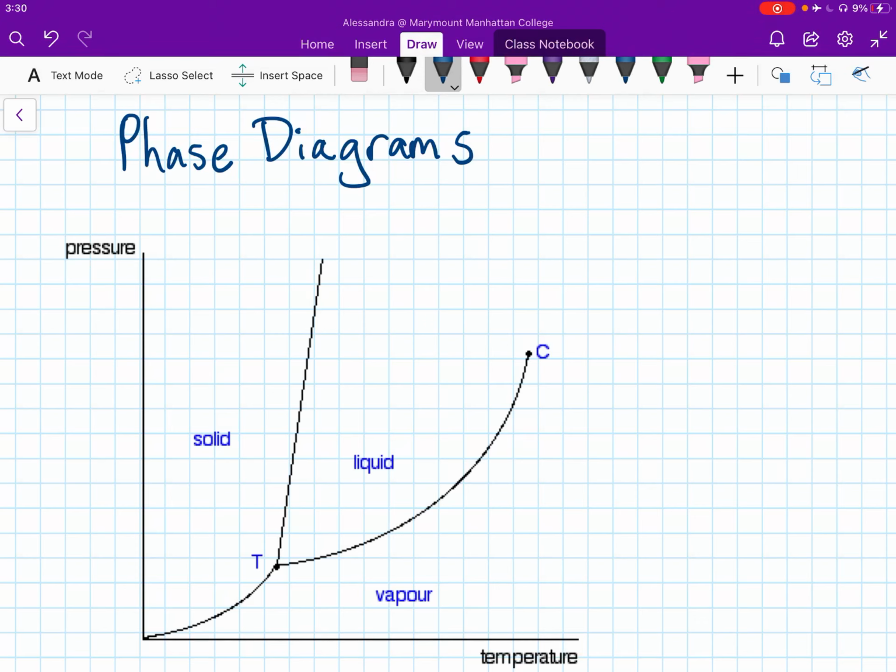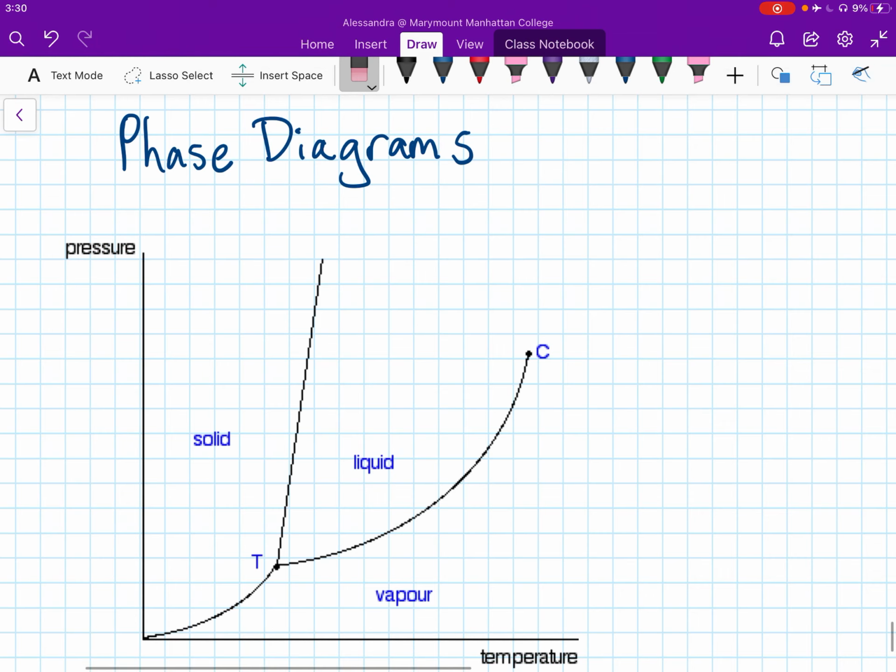Now that we've talked a lot about solids and liquids, we can talk about phase diagrams. Phase diagrams depict the relationship of pressure and temperature to the gas, liquid, and solid states of a given compound. And in general, they have pressure on the y-axis and temperature on the x-axis. So we can see how pressure varies as a function of temperature and how that affects the phase of whatever